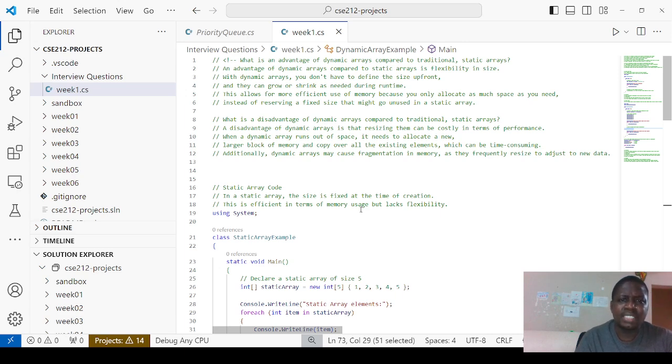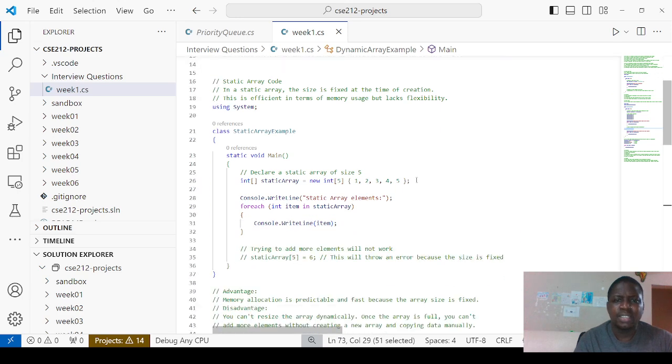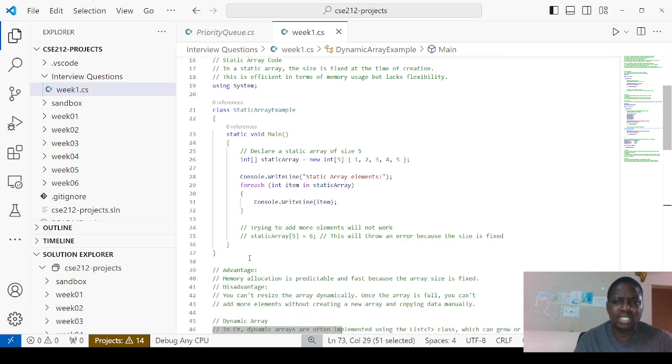Additionally, dynamic arrays may cause fragmentation in memory as they frequently resize to adjust to new data. Now, referring first to the first question, this is a static array. As you can see, after it has been created, you cannot add another element. So for example, if we have a static array, in this case of size 5, you cannot convert it to a static array of 6, unless you recreate a whole new